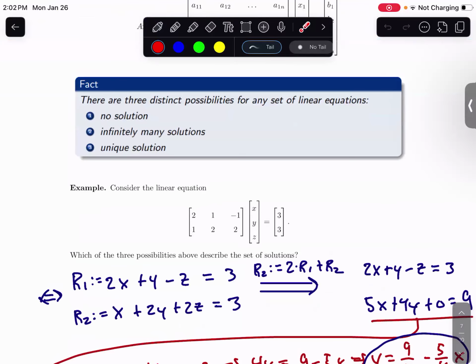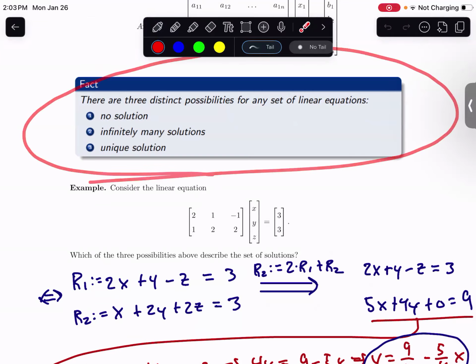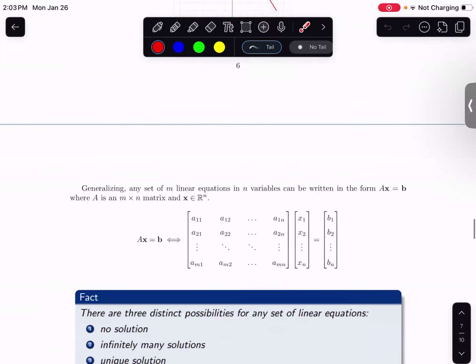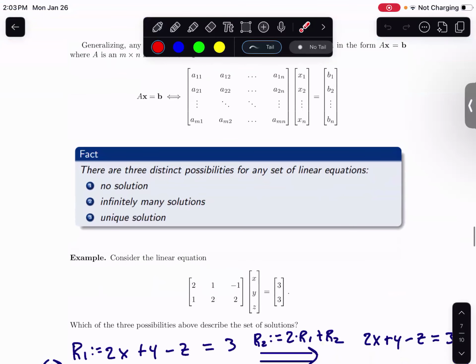What's important moving onwards is this idea. If we have a system of linear equations like this 2D problem or this 3D problem, there are only three possibilities for the form of the solution set. There's either no solution, which is like having two lines that are parallel to one another, so there's no intersection. You can have infinitely many solutions, which is when you have two lines on top of one another,